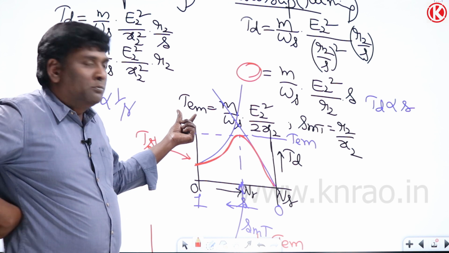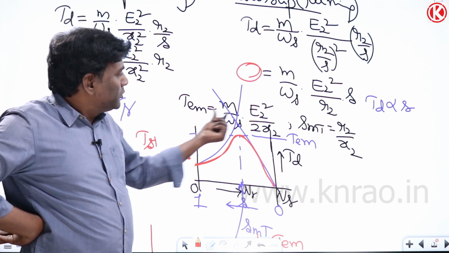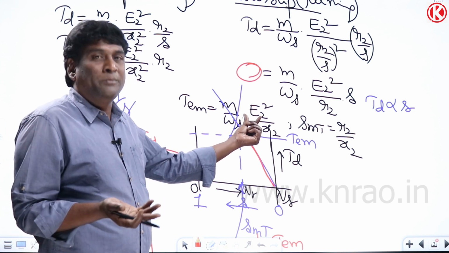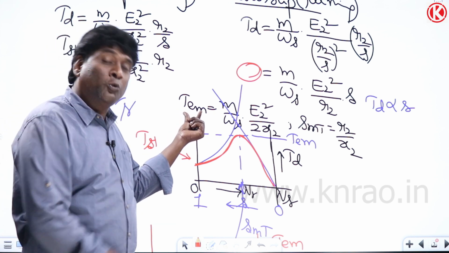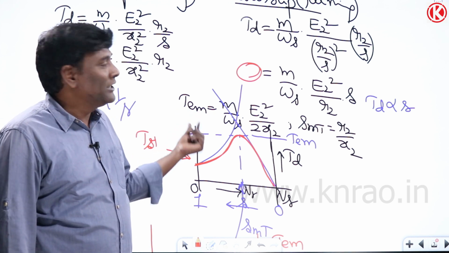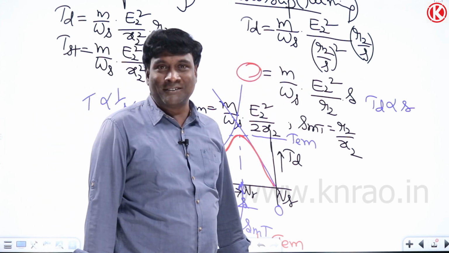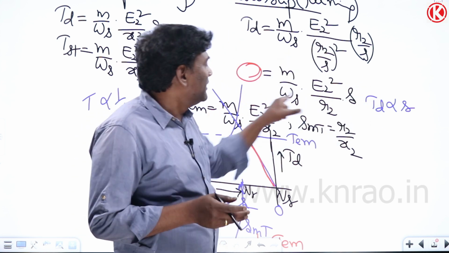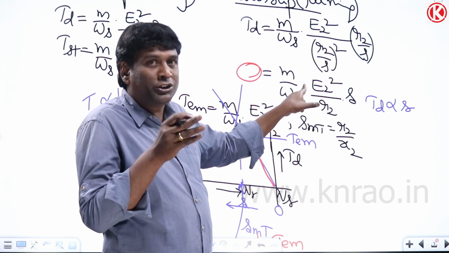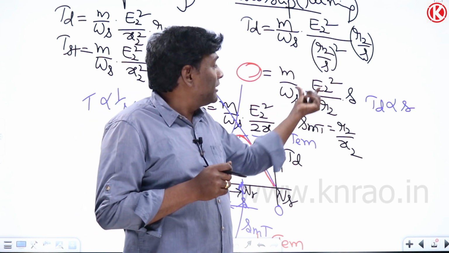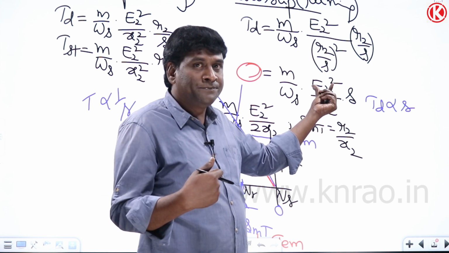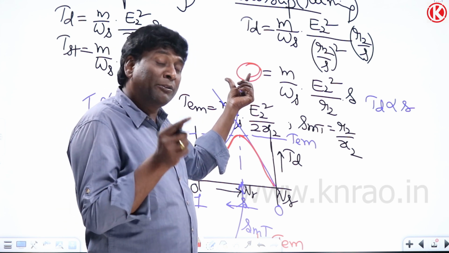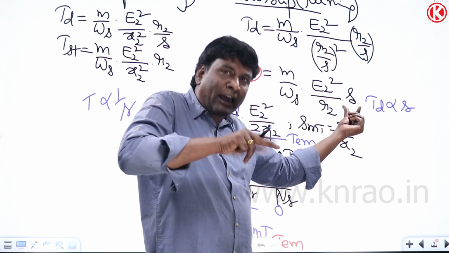Now, if you think of pull-out torque, the maximum torque, and of reducing E2 by 10%, meaning you reduce it to 90% of the rated voltage, under those conditions pull-out torque is going to change. But you should never say that running torque is going to change. Because for example, E2 is reduced by 10% in running condition, meaning E2 squared will be reduced by 19%. But the torque requirement of the load is constant. Under that condition, my slip has to change itself.